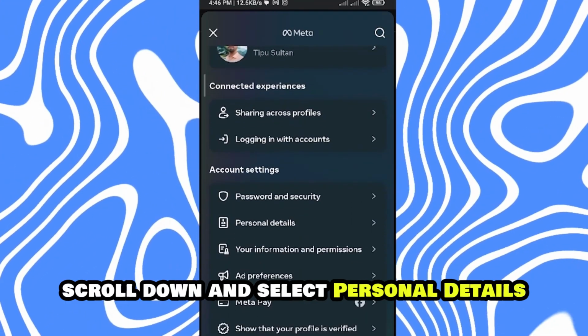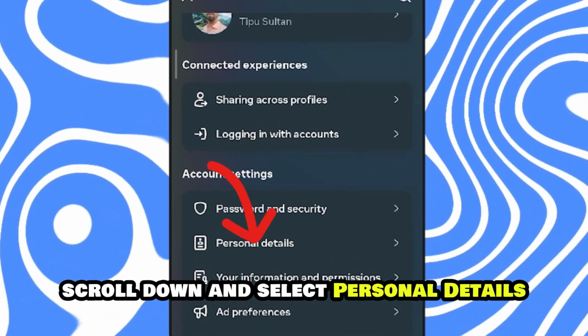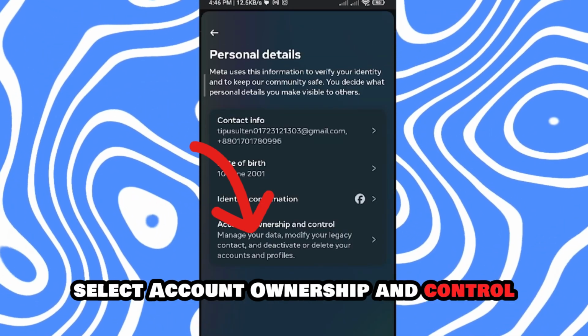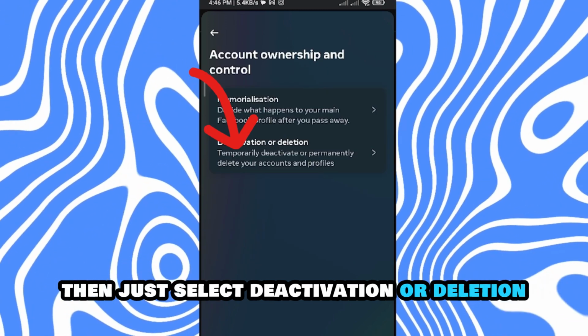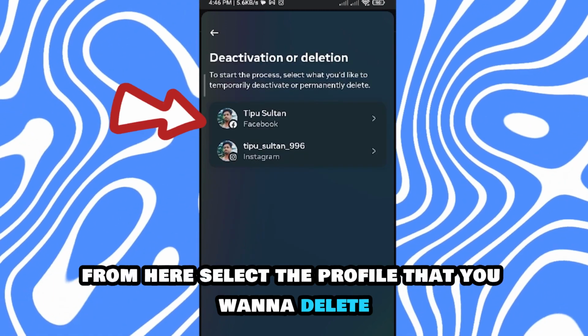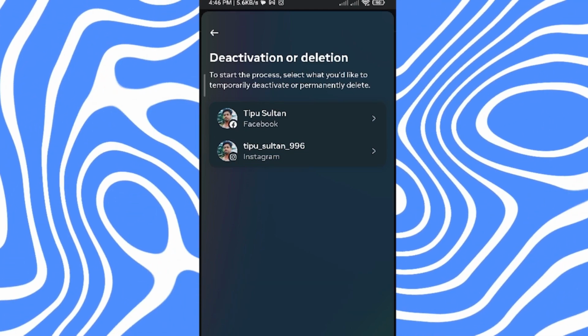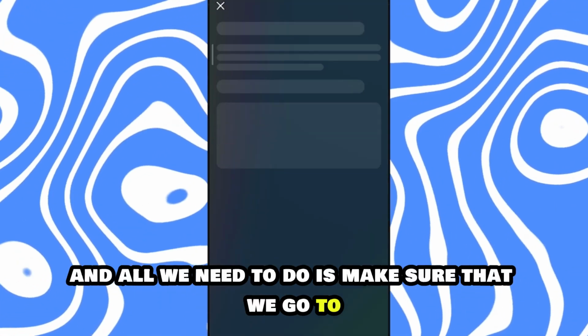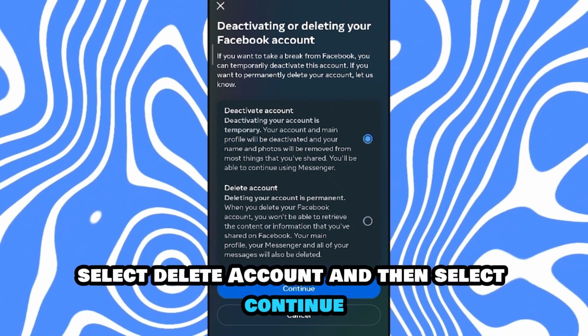Then in Accounts Center, scroll down and select Personal Details. Now that we're in Personal Details, select Account Ownership and Control. Then just select Deactivation or Deletion. From here, select the profile that you want to delete. And all we need to do is make sure that we go to Delete Account, select Delete Account, and then